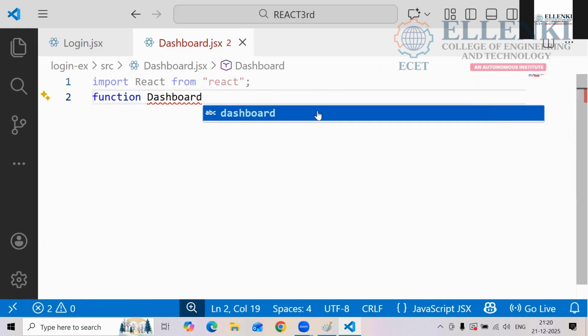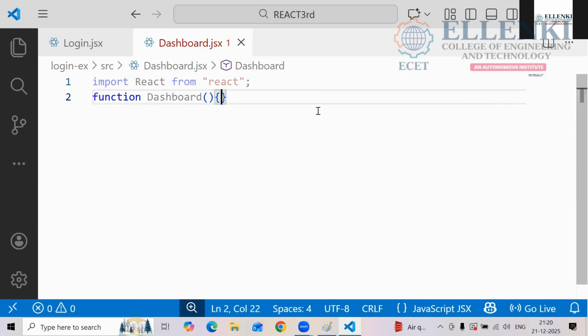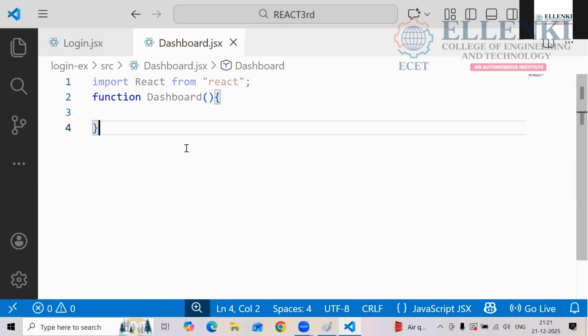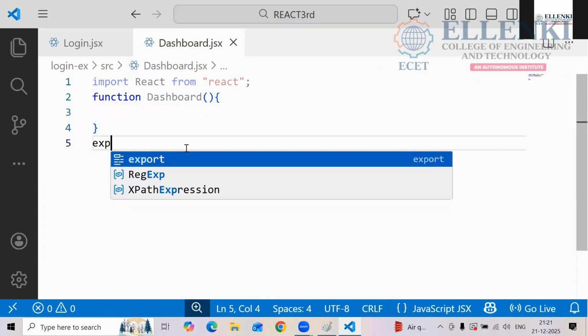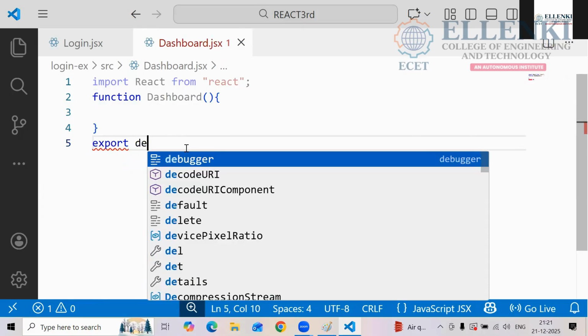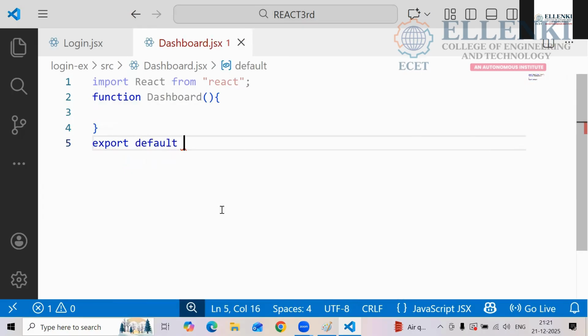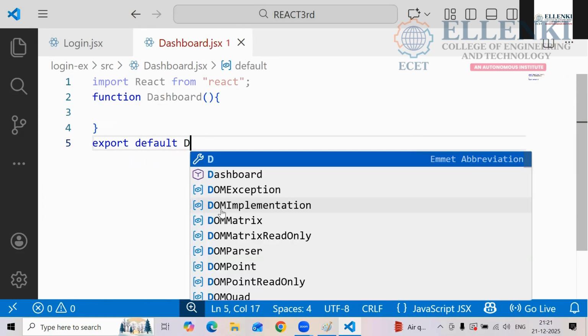And first, you have to export your dashboard, export default dashboard.